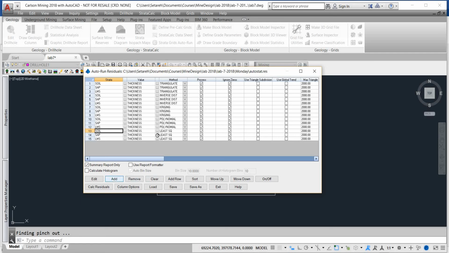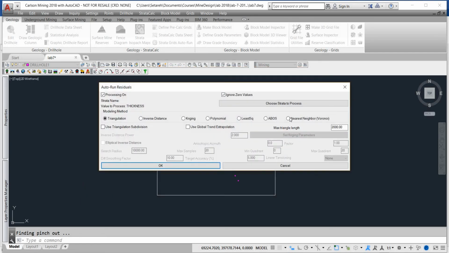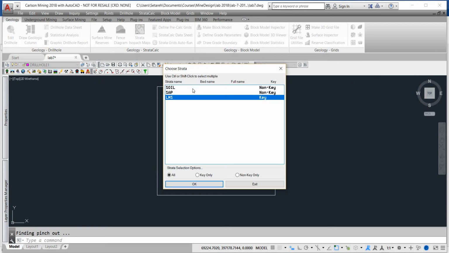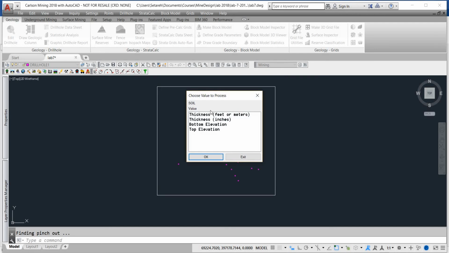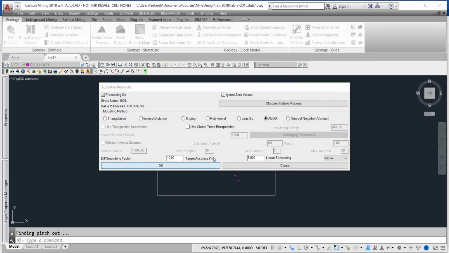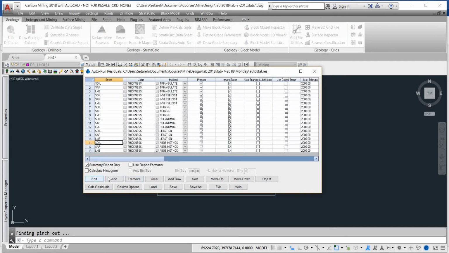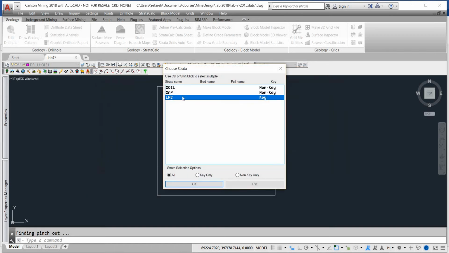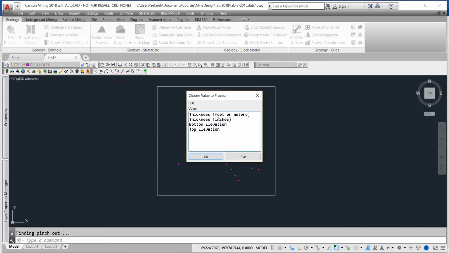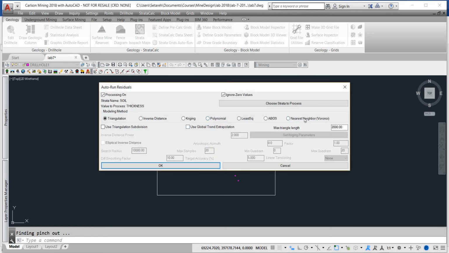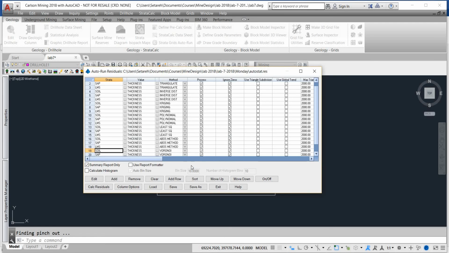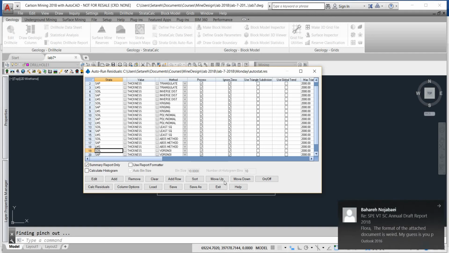and I have those. Add ABOS, choose all three, thickness, click OK. Next is choose all three, thickness, and nearest neighbor, and click OK. So I have all of them, they're saved,